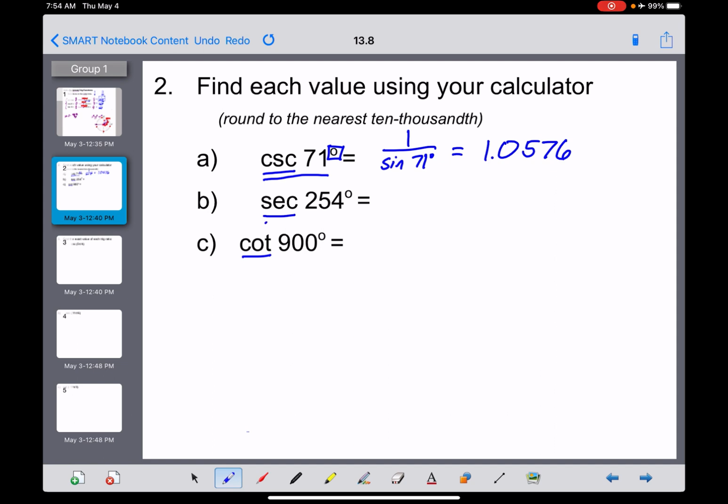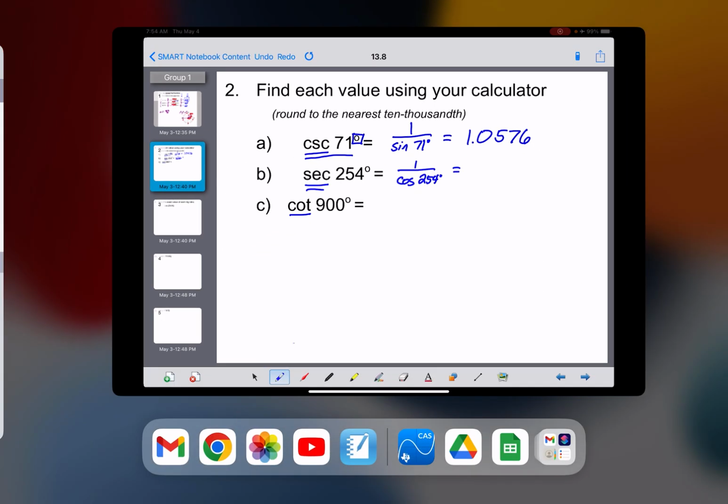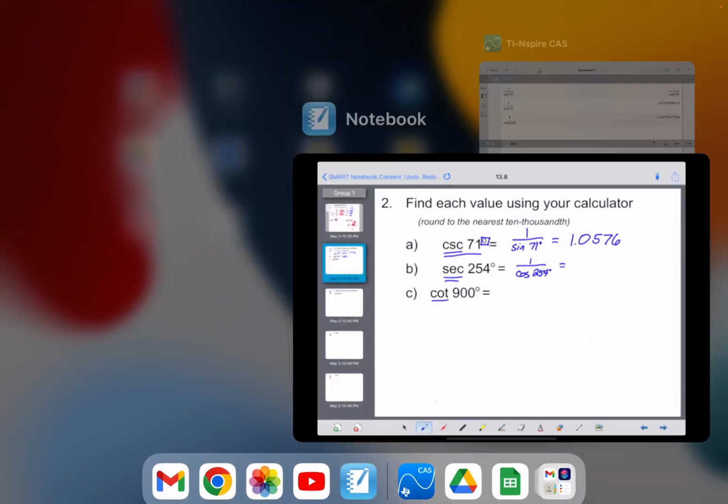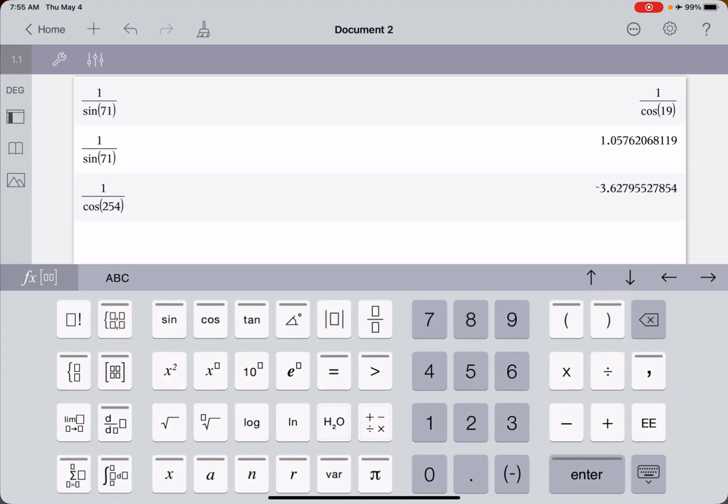So, secant of 254 degrees. Secant is the reciprocal of cosine, so that's 1 over the cosine of 254 degrees. And let's see what we get there, guys. So 1 divided by cosine of 254, and I'll try to be smart about this one this time. There you go. And I got this number right here. Did I do that right? Yeah, 254. So our number here is negative